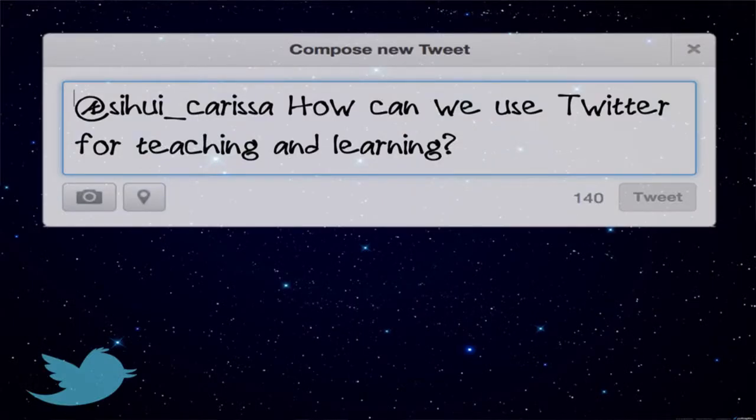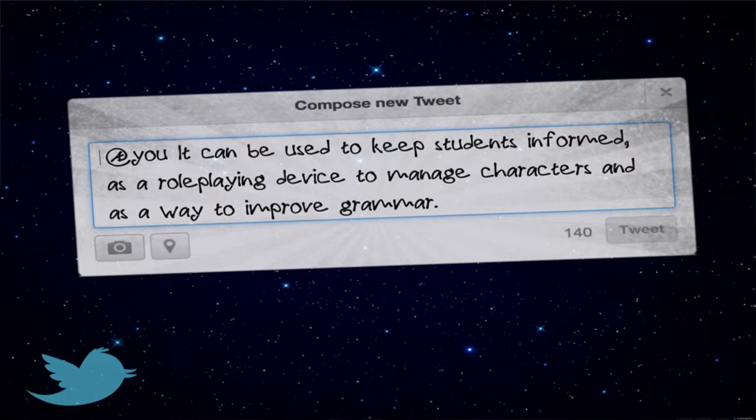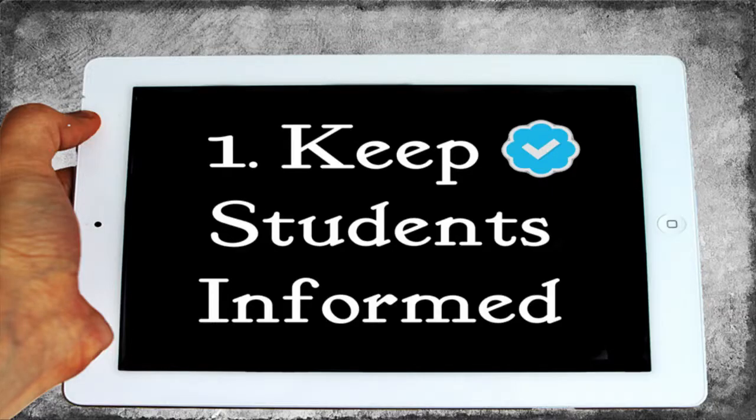So after convincing you that Twitter is the fastest and the simplest way, you might ask us, how can we then use Twitter for teaching and learning? So Carissa and I have come up with 3 ways to use Twitter in our classrooms, and it is number 1, to keep students informed, number 2, as a role-playing device to manage characters, and number 3, as a way to improve students' grammar. So number 1, to keep students informed, remember the 6 functions that we have discussed earlier: